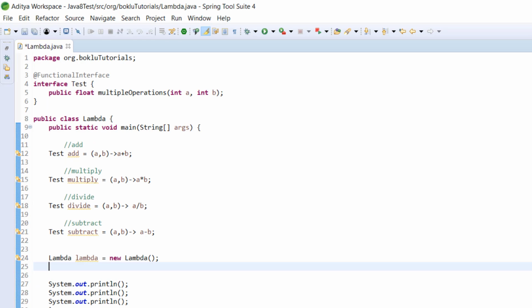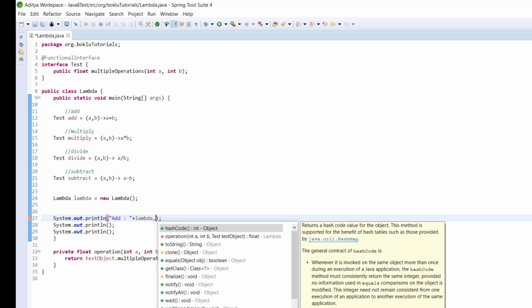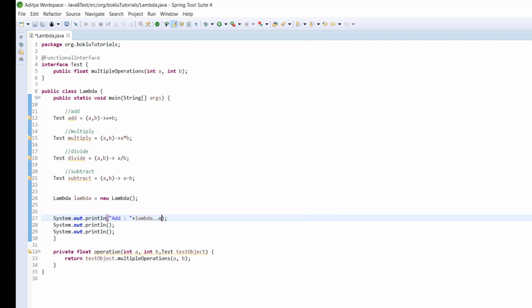What we have done here is saving the reference with the help of the new operator. Okay, now we are going to call these one by one. Let's keep the value names simple. I will give 200 here and 100 here.